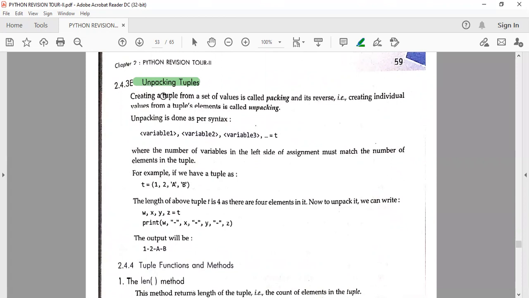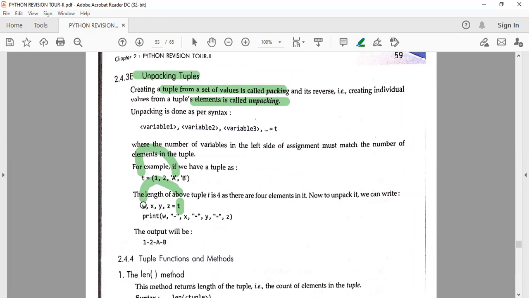Creating a tuple from a set of values, if you want to make a tuple from different values, is called packing. And if you reverse it, that is unpacking. Just see here: these are the values and you are making a tuple. It means it is packing. Unpacking means this is a tuple and now from the tuple you are putting all the values into separate variables. That is unpacking.